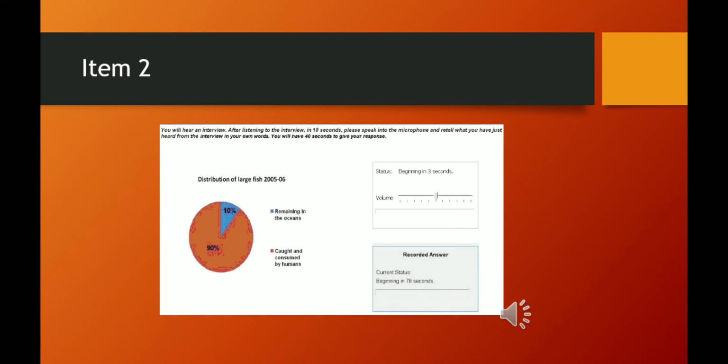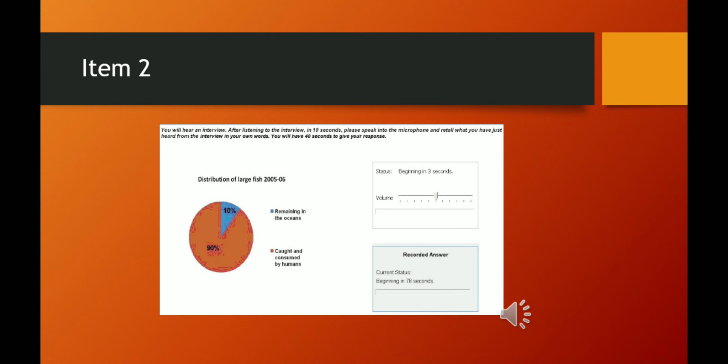Again, there is a nice image you can see here, distribution of large fish 2005 to 6. All right, it's giving the idea that it's talking about something fish. Okay, 10% remaining in the ocean. Only 10% of fishes remain in the ocean, and 90% already is caught and consumed by human beings. It means it's talking about the population of the fishes in the ocean,